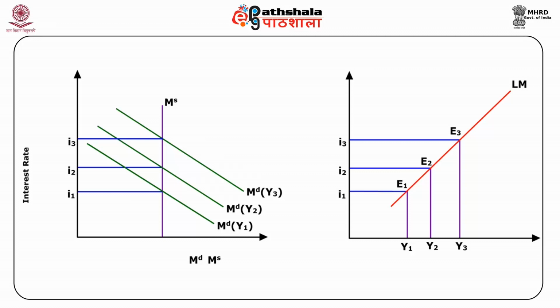To eliminate the excess demand, the process continues till once again money demand and money supply are equal. The interest income combinations I1 Y1 and I2 Y2 give us 2 points on the LM curve, E1 and E2. Joining all such points E1, E2 and E3, which give interest rate income combinations for which the money market